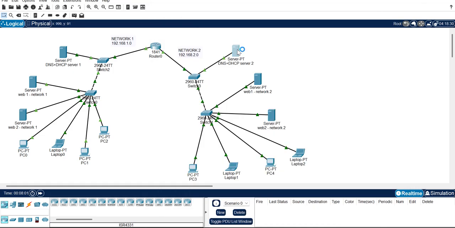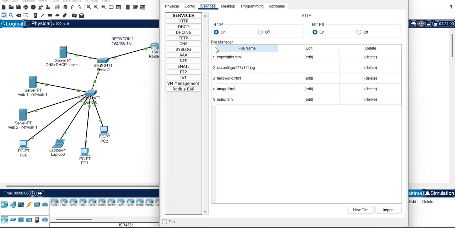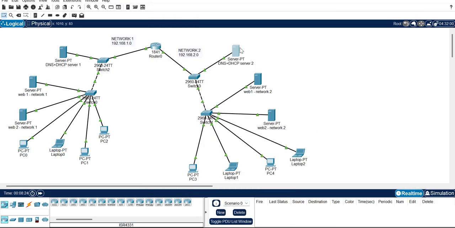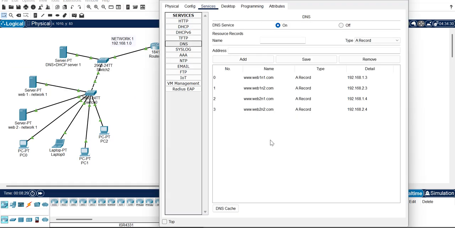Now looking at the configuration of the DNS and the DHCP server, we have set up the pool with its IP addresses. In network 2 the IP addresses would start from .2, like 192.168.2.10 and so on, till however many end devices there are. And I have also stored the web addresses of all 4 servers, that is web 1 and web 2 of both